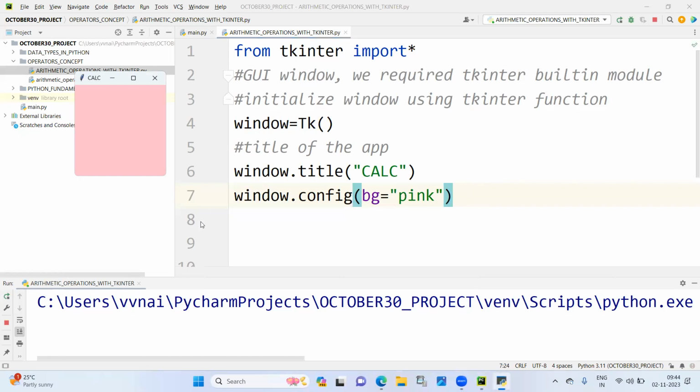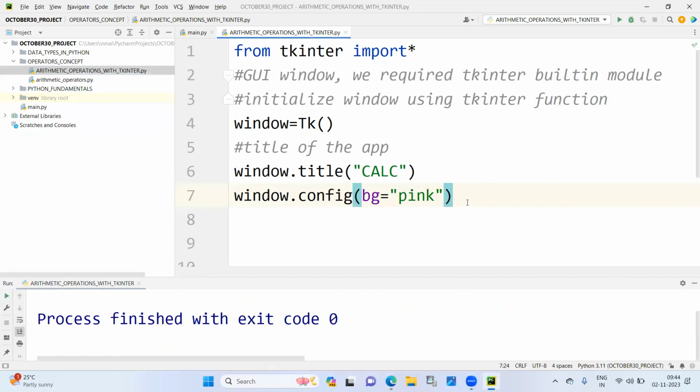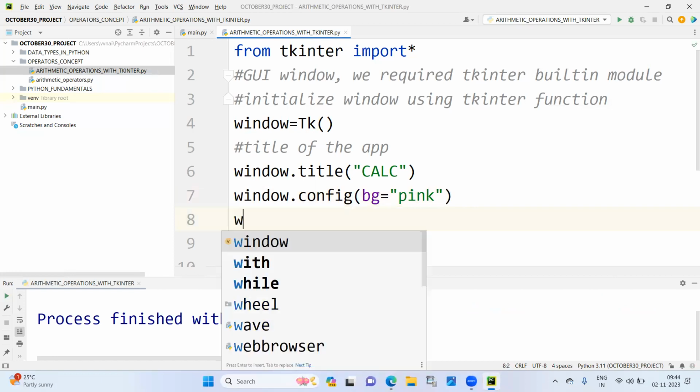A window is created. What else do we want? We don't want a small window. I want it to be a little maximized window. I want this much size. Okay, then window dot